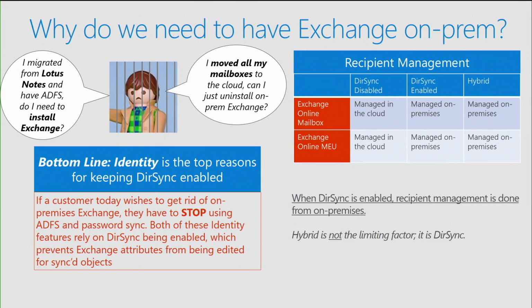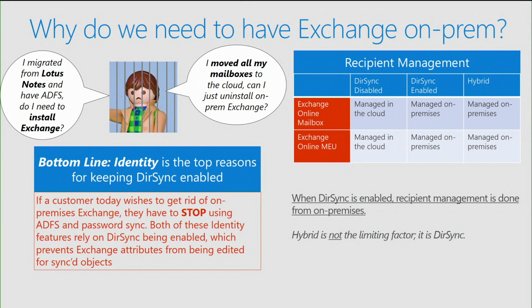This starts to feel a little bit ridiculous when you talk about doing something like migrating from Notes into Office 365 Exchange Online. In order to manage those Exchange-related properties, even though you didn't have Exchange to begin with on premises, if you are utilizing directory sync, which you might be using just because you want federated identity with ADFS or some other federated identity provider, you actually have to have a very minimal deployment of Exchange on premises in order to be able to properly